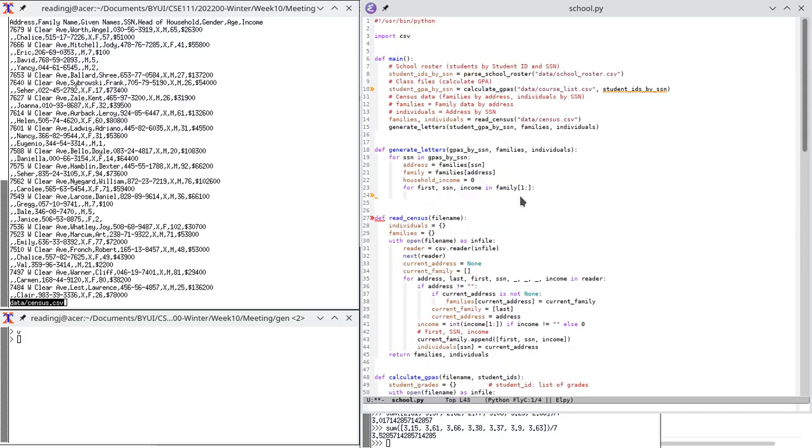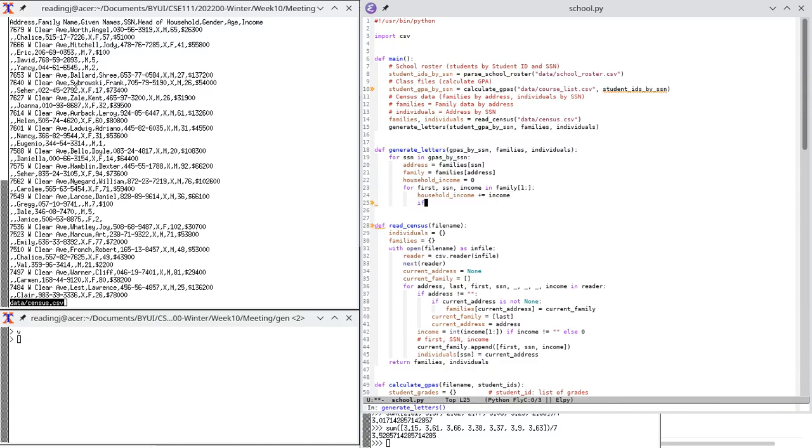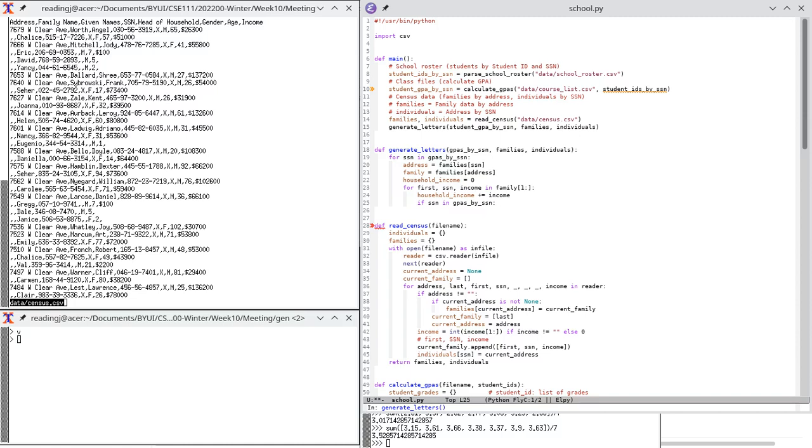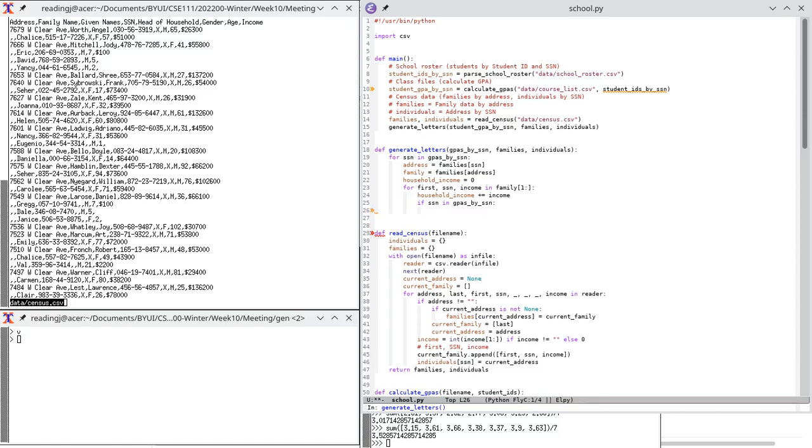So now I come back up here. So household income plus equals income. And if SSN in GPAs by SSN. So if we've got a student, then